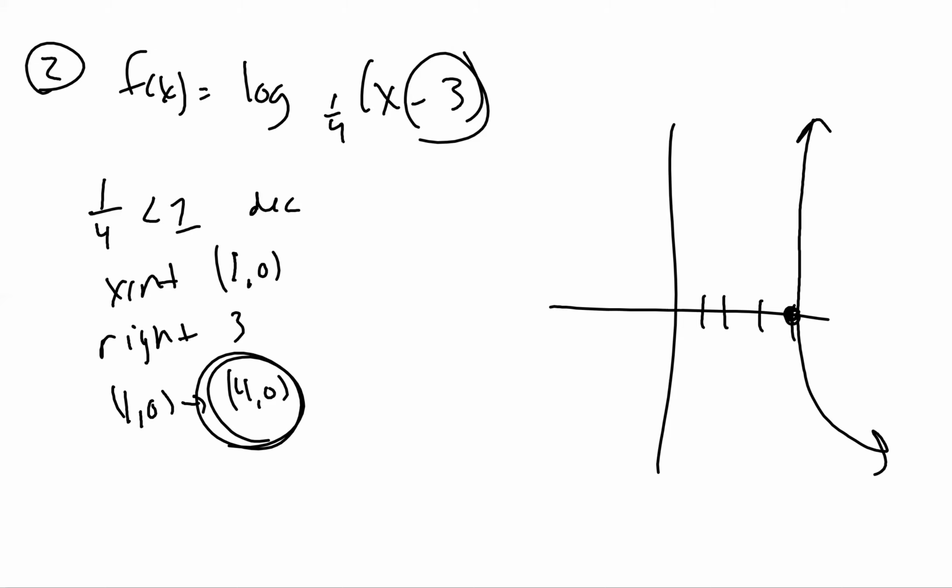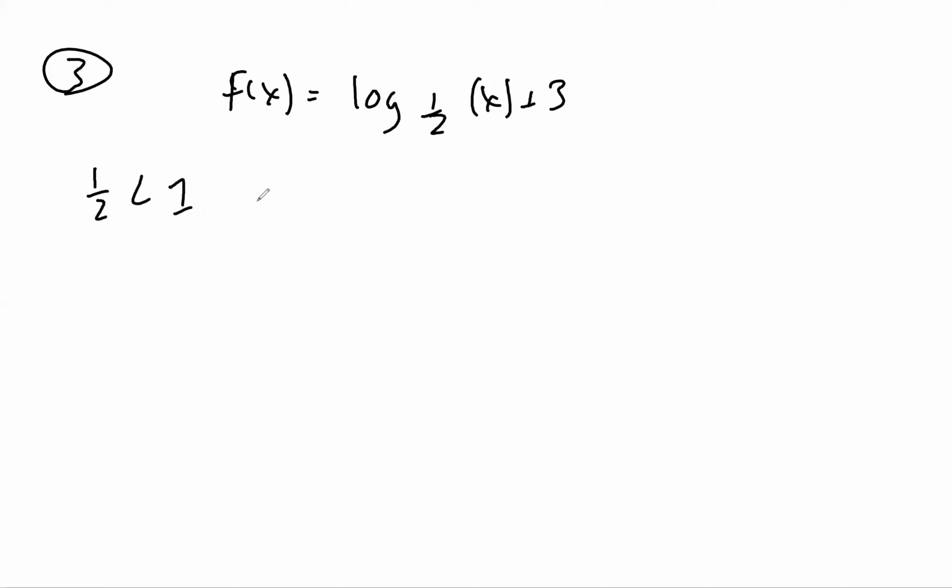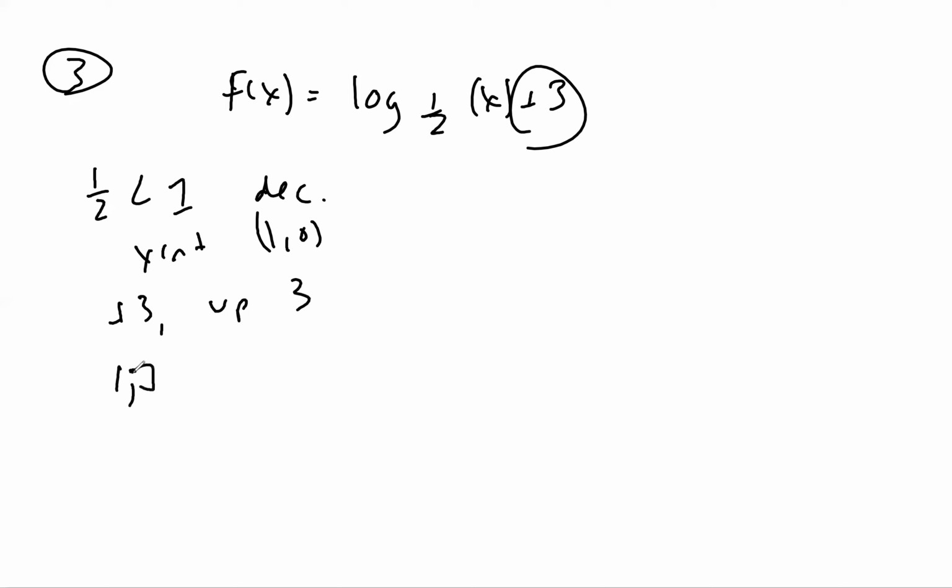Okay, next. Number 3. We'll have f of x equals log base 1/2 of x plus 3. And so we're going to say the base is 1/2, that's less than 1, so it's decreasing. We also know that its x-intercept is (1, 0). And we know that this big plus 3 means that we're going up 3. So if we start at the point (1, 0) and we go up 3,